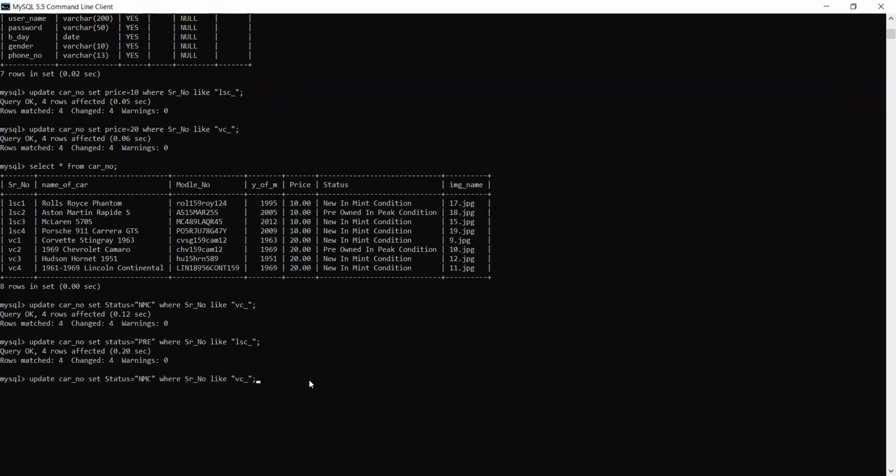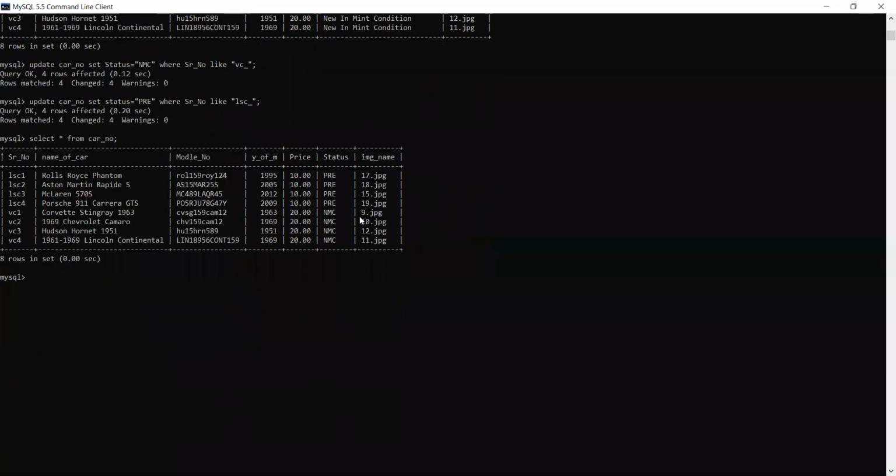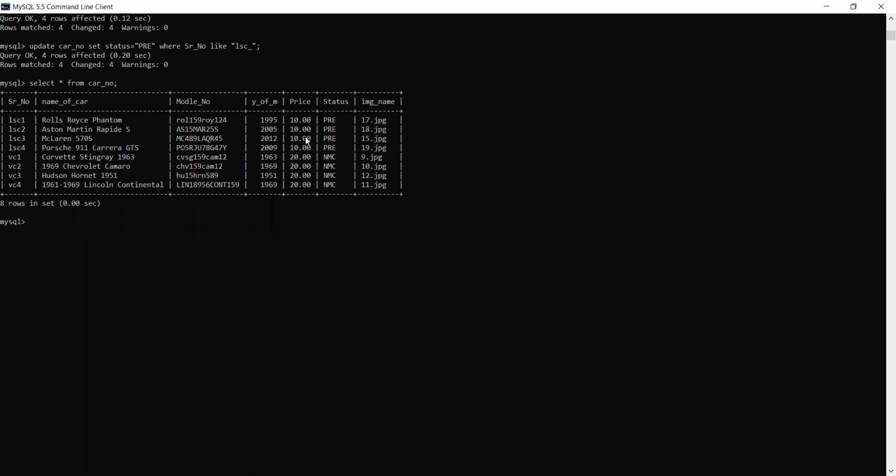Okay. Now see, this is your final table. Fine. Now what you have to understand, the very first thing is that status are repeated, and only status are repeated, and year of manufacturing is repeated. Now see, the very first thing we are going to discuss is group by clause. Okay, so select, I'm writing here sum of price. You have to give me answer. Sum of price from, then my table name is car number, then say group by, because we have to ultimately group. So group by, I have given status.